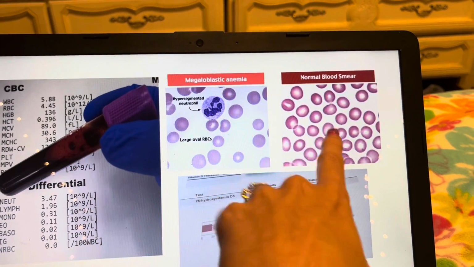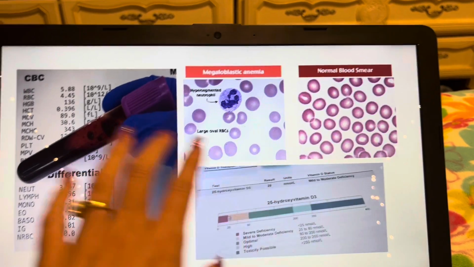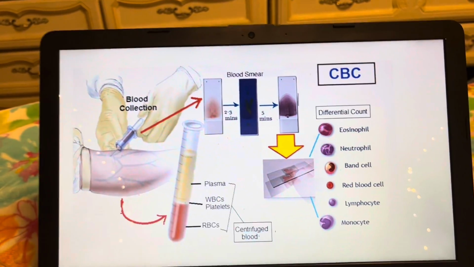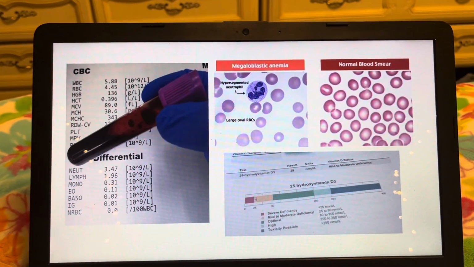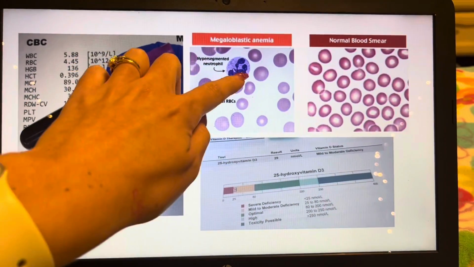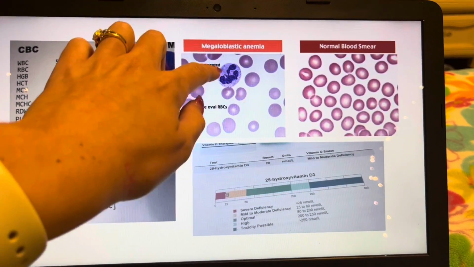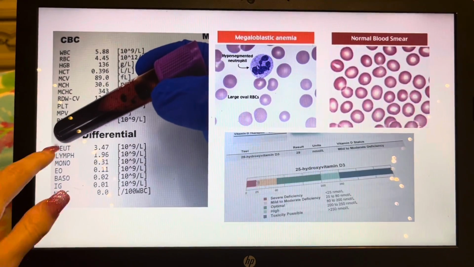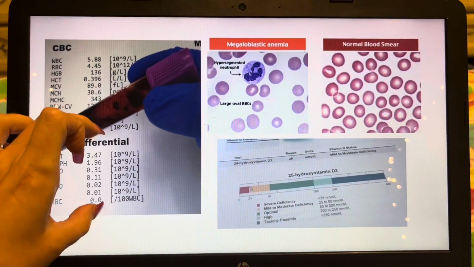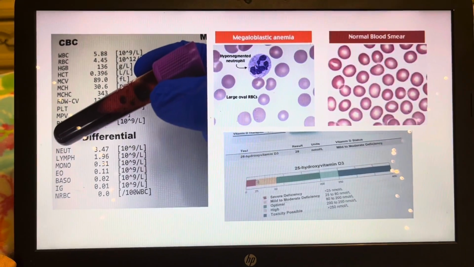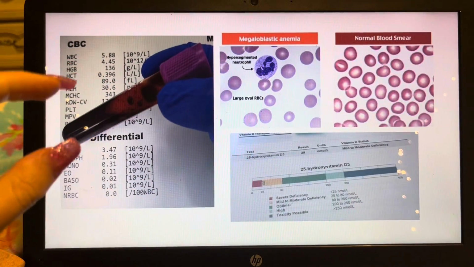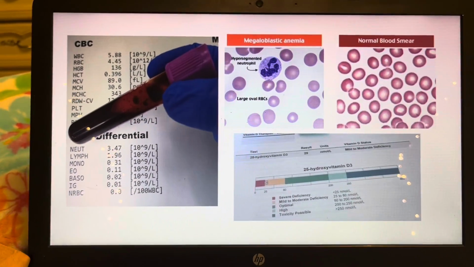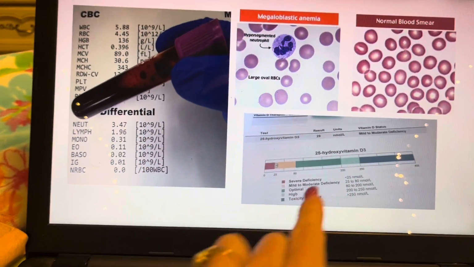This is what a good blood smear would look like after this diagram that I just showed you. And then this one shows how an irregular neutrophil looks, and I just found that interesting that it showed those things specifically within a differential. But I do know that doctors have to order a CBC blood test with differential if you want to get this information as well. And then this is just kind of